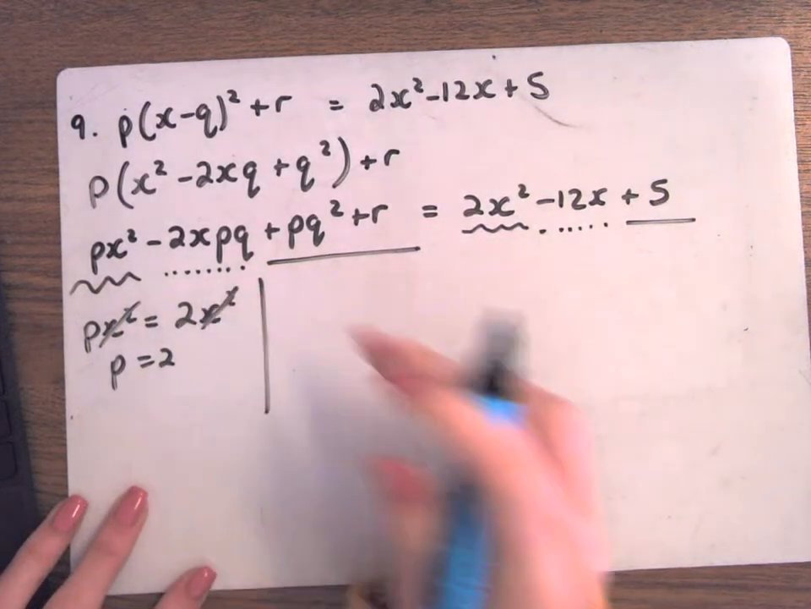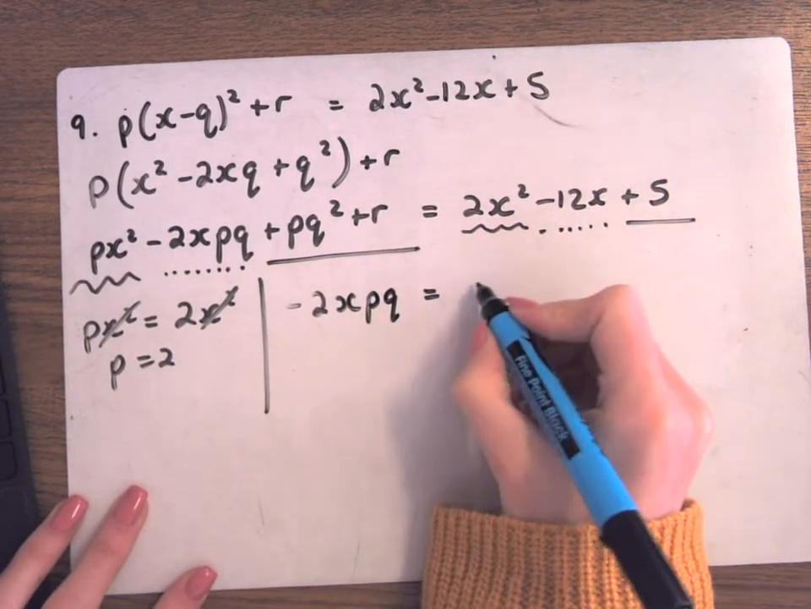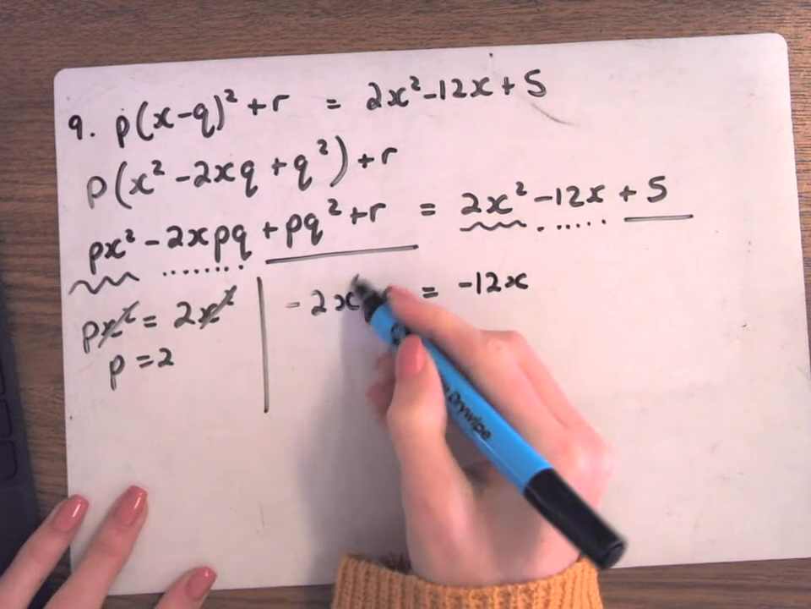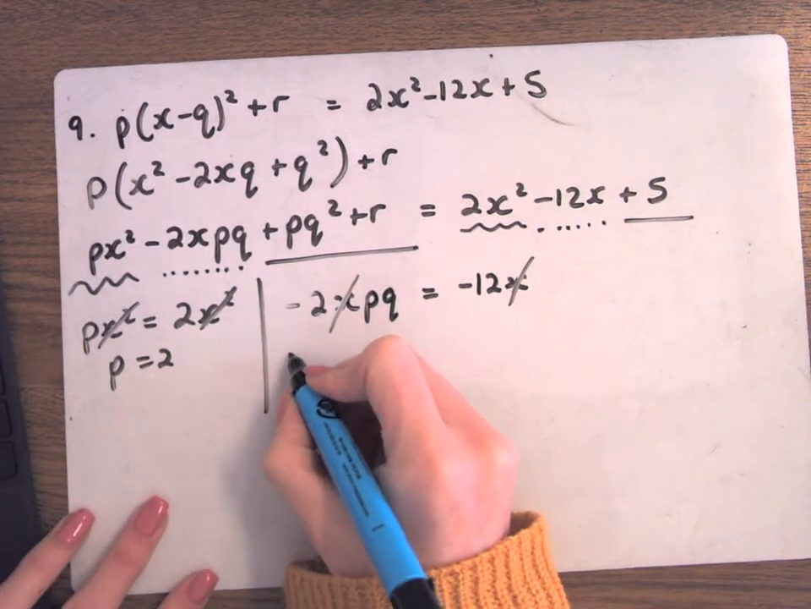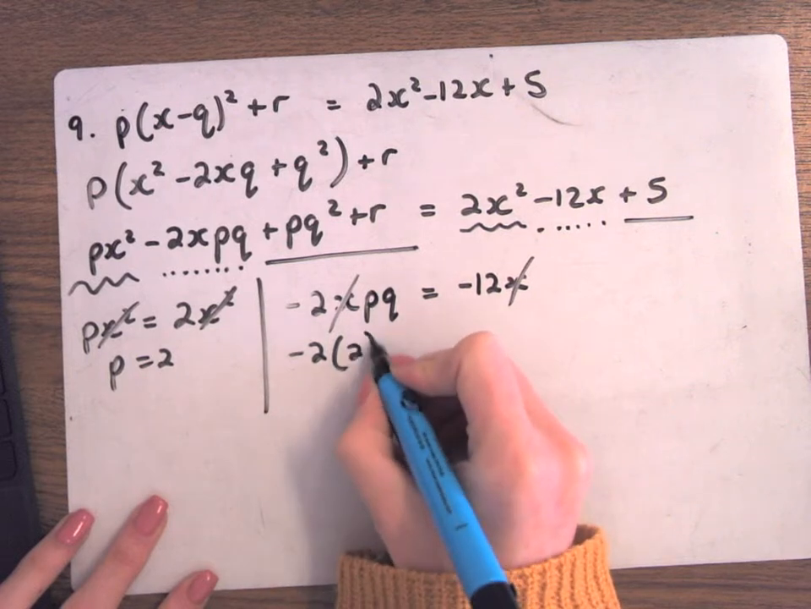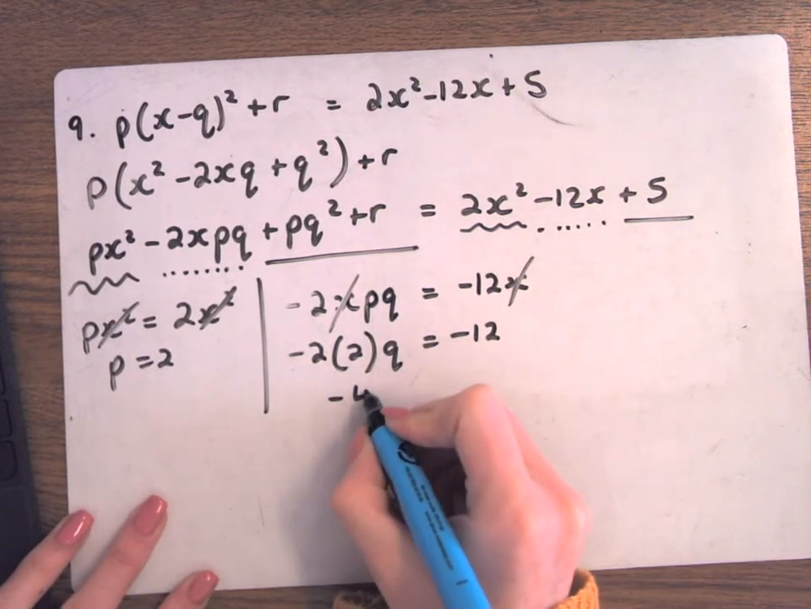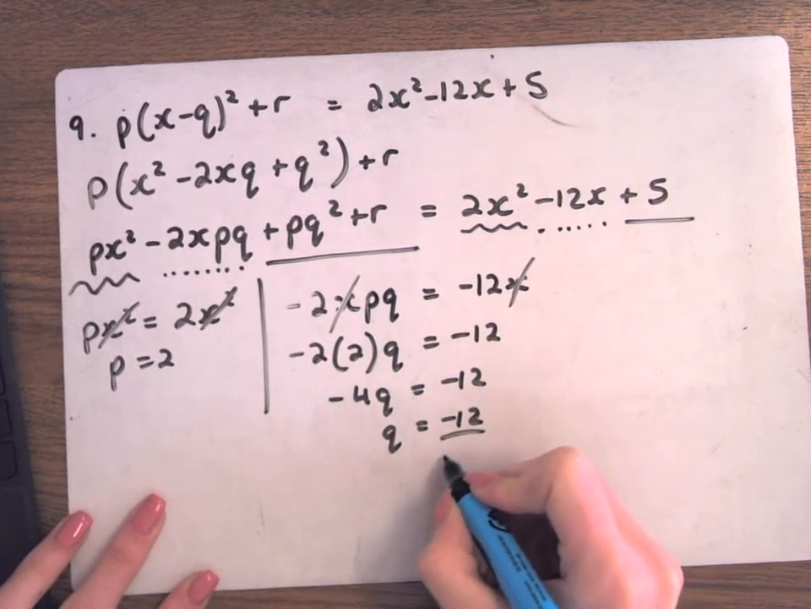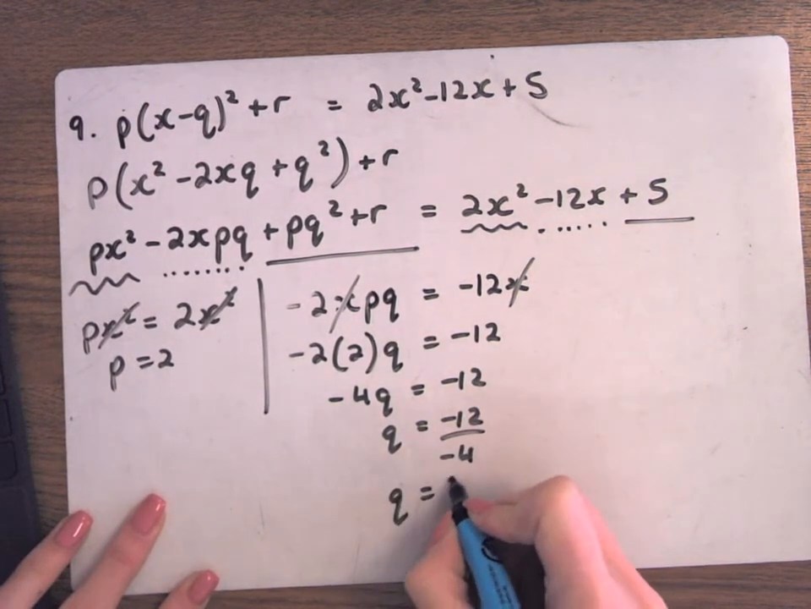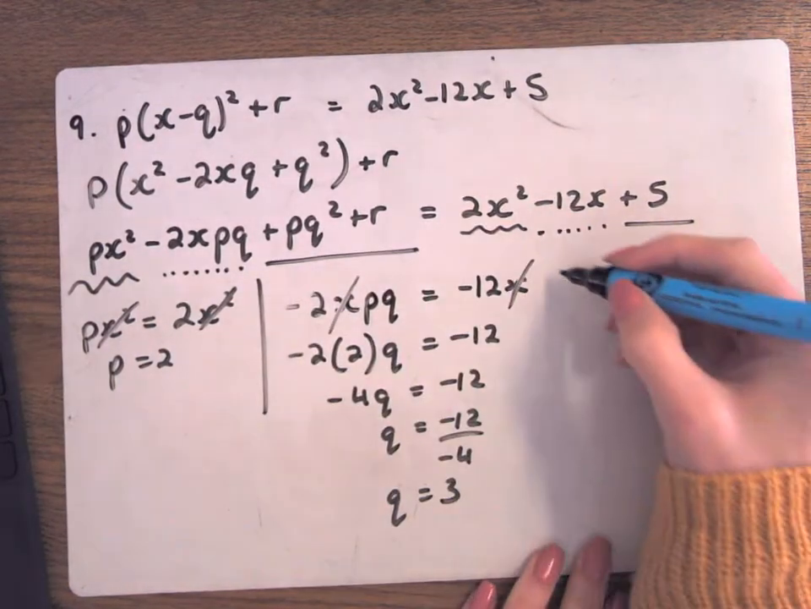Then go to the next one, the dotted lines. Minus 2xpq equals minus 12x. The things with the x's equal to the things with the x's. Okay, so minus 2, I know that p is 2, is minus 12. Minus 4q is minus 12, so q is, you're going to divide, 3. Minus divided by minus is a plus. And then the last one here,